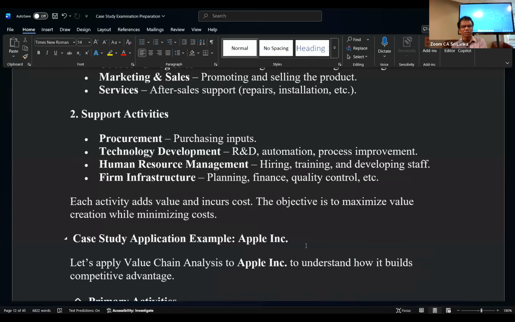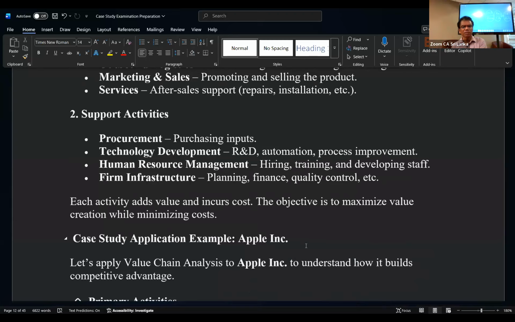Then technology development, those are the supporting activities. How you are going to improve automation processes, using AI to enhance your production and bring down the cost, right? So you have to think about that. When you are reading this pre-seen, these things should come to your mind. Then you must see how others are doing, then you bring everything to here, right?